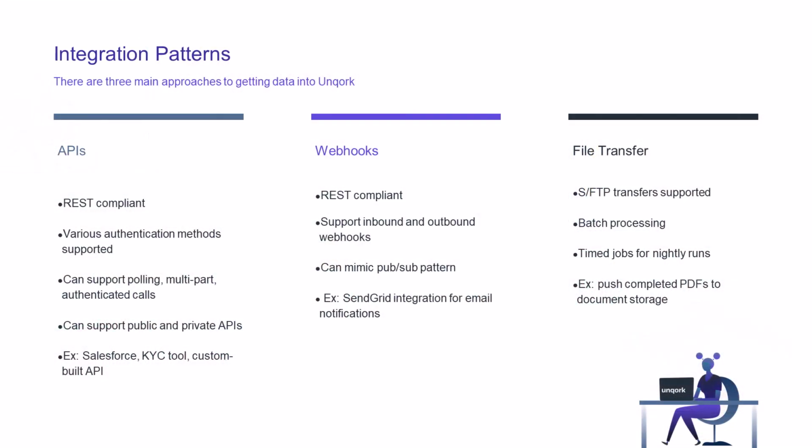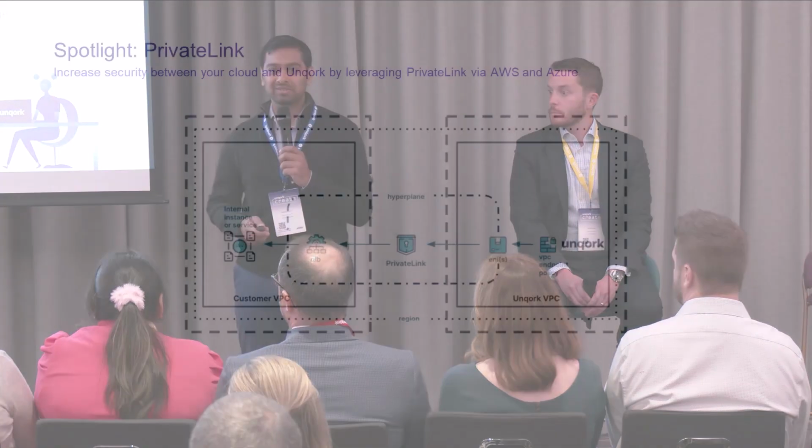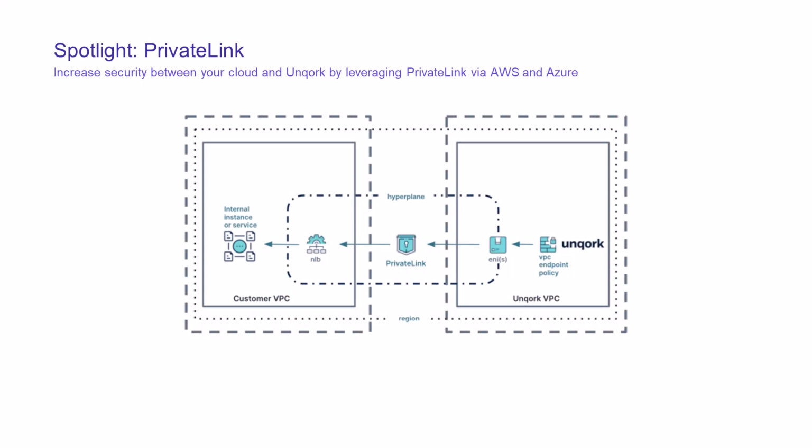And lastly, file transfer. I think this is still necessary in today's world. We still have plenty of legacy systems that don't have APIs, and file transfers make it an easy way to synchronize data back and forth. But this is also great for batch processing, nightly jobs. We all have some application or another use case for SFTP still, and they'll still be around for quite some time.